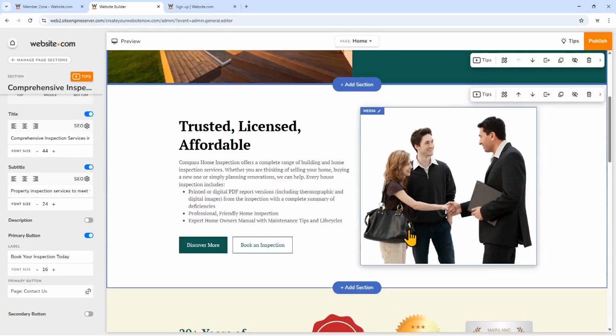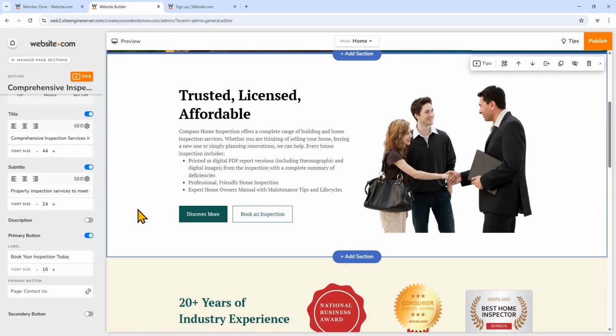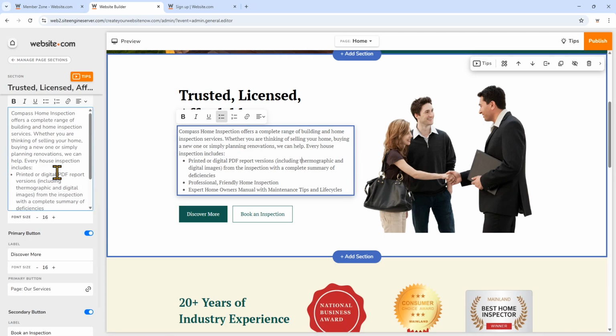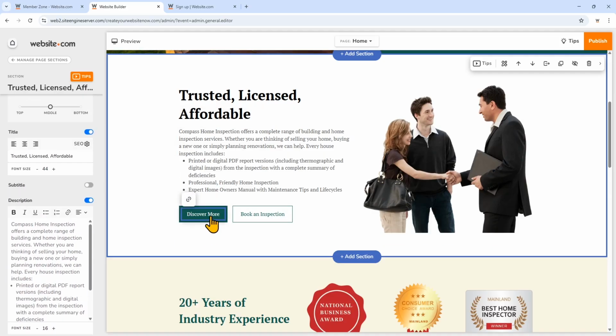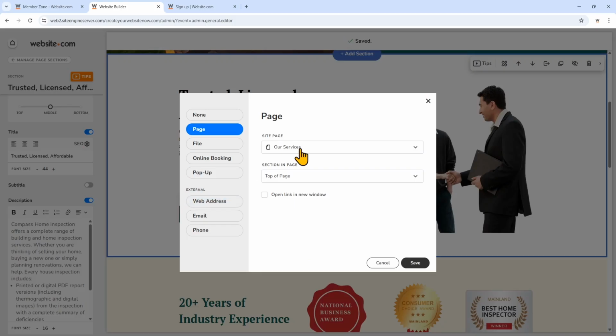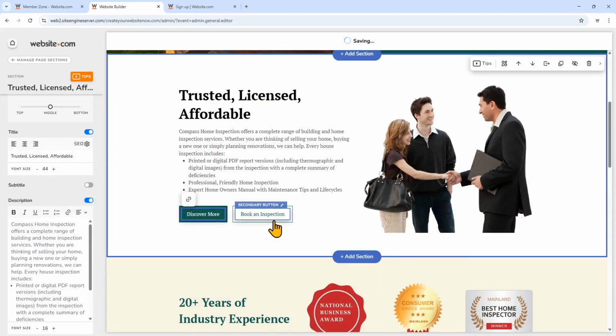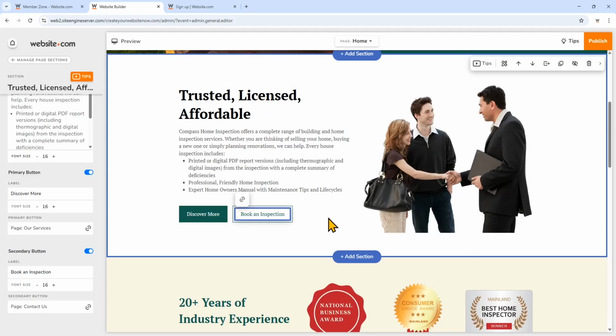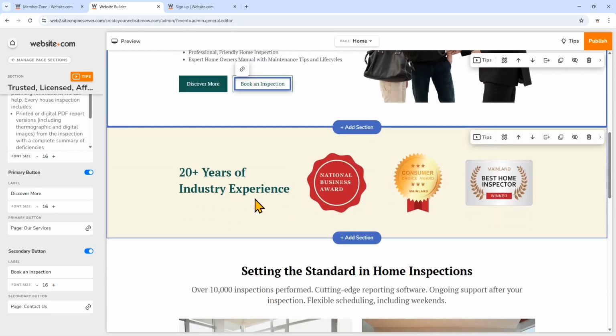So we'll scroll down a bit. You can list the services that you offer and your working style that makes you stand out. So you can change that content again just by clicking on it, and you can edit text right on the builder or on the left with the corresponding field. For the buttons, we can link one to your services page. And that's already linked there for the template. And then for the other button, I'll link that to the contact page. So just like for the hero section, you can change the text and the image. And now we'll scroll down.